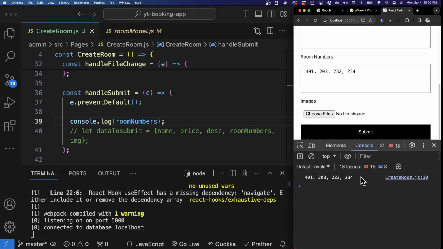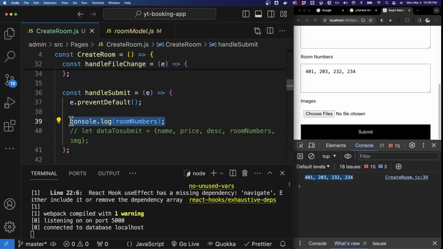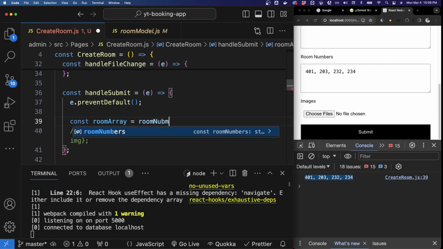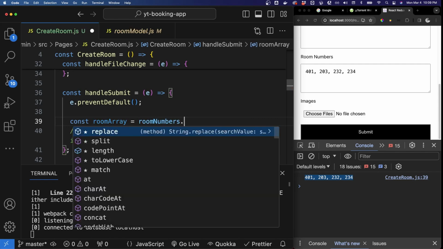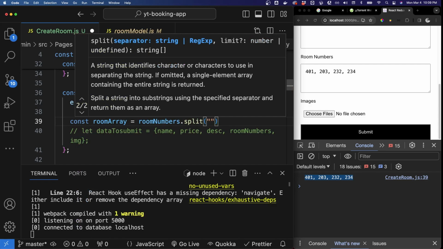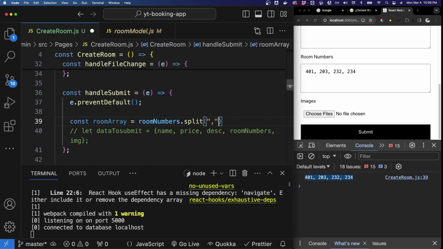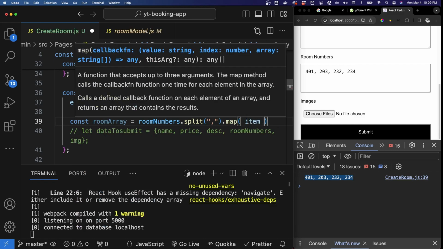It should be a string, but then I'd want to format this by saying const room array equals room numbers. I want to split it by the comma, and then after that I want to map over each item,